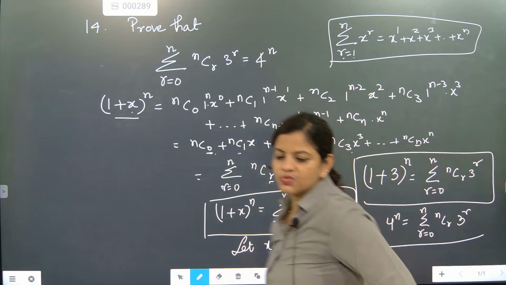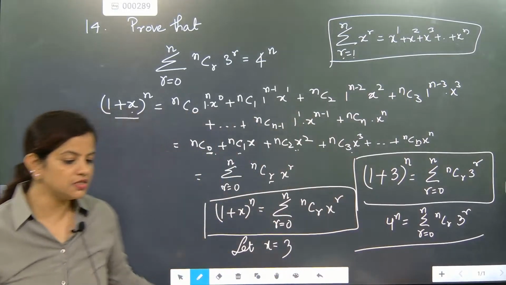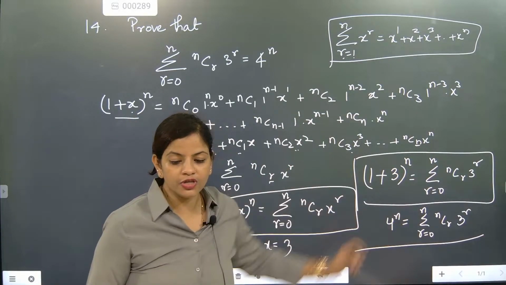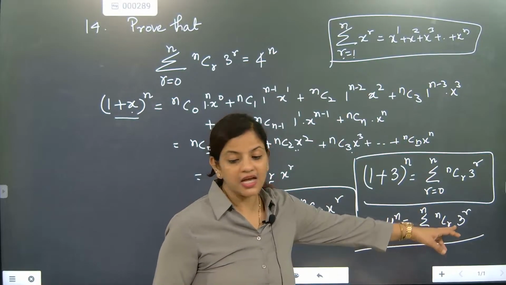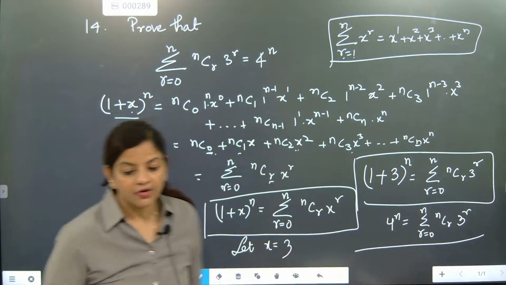That's it. And this is what they told us to prove, right? This is what they told us to prove: 4^n is equal to the summation r = 0 to n of nCr 3^r. Now beta,